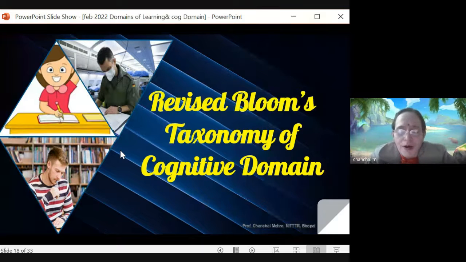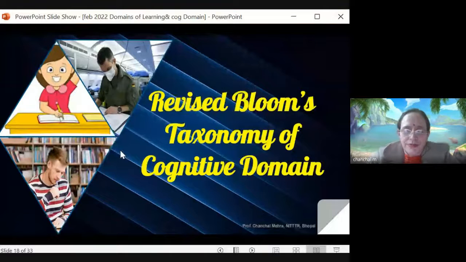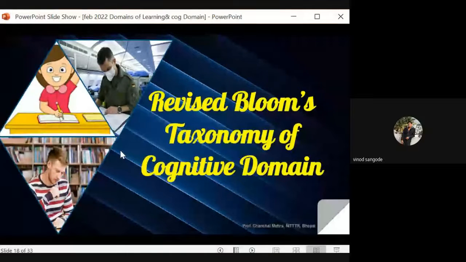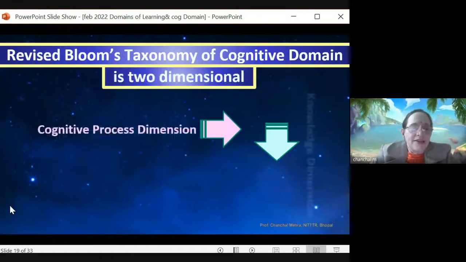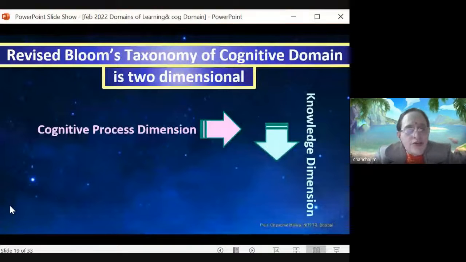आप में से कितने लोगों को मालूम है कि जो revised Bloom's taxonomy है, that is two-dimensional? Anyone? Please say yes or no. No, ma'am. Okay. So two-dimensional in a sense that it comprises of the two dimensions of revised Bloom's taxonomy are,